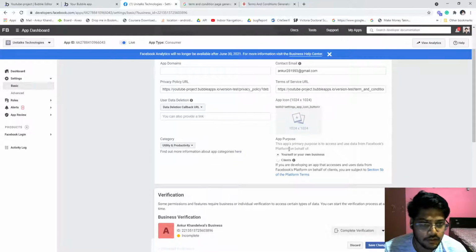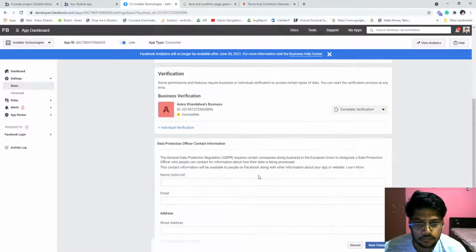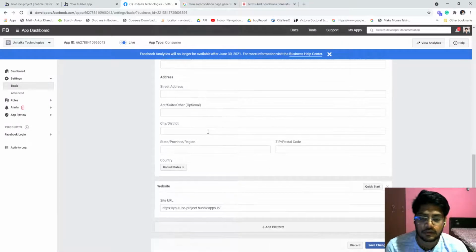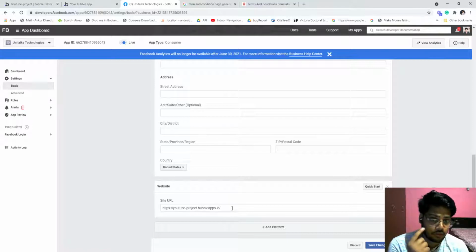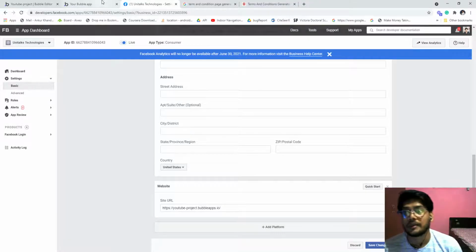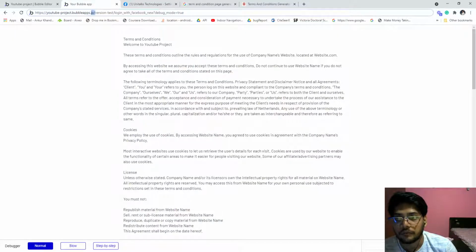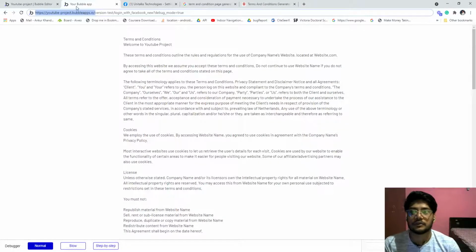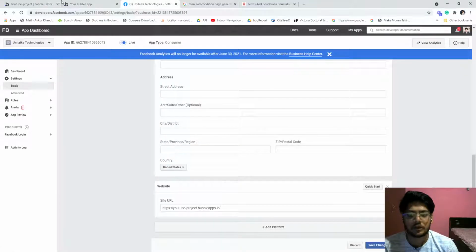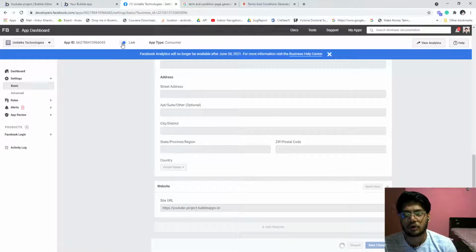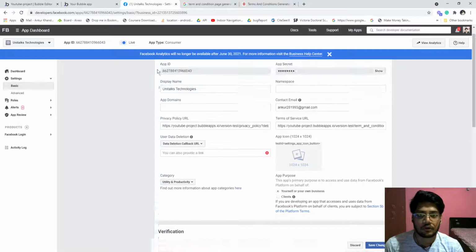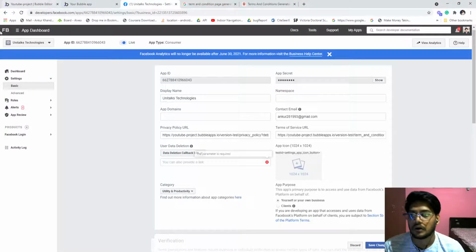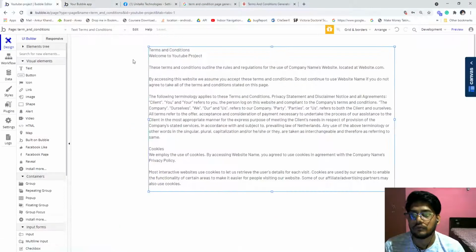You have to assign the category and the app purpose, and that's it. Nothing much. You also have to pass the base URL. You just have to copy from the start to before the version text. It's the highlighted text; copy and paste it, and it will depend on your project name. Then save changes and toggle it live. It will be done. If you are not able to find it, just let me know. Now we will try it.